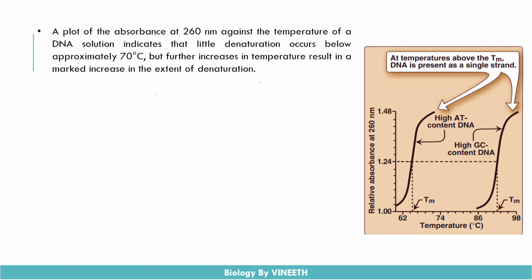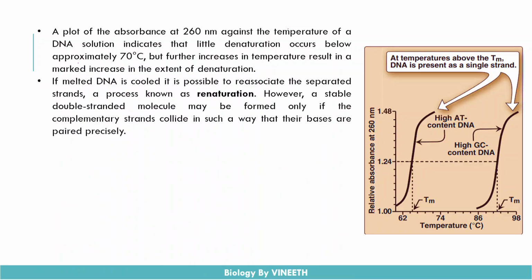When you unstack the purine bases and the pyrimidine bases, which contain the aromatic rings, these aromatic rings are much more exposed to the environment and they absorb much more light. That is what causes the absorbance to increase, resulting in the hyperchromic effect. Now when you plot an absorbance graph, absorbance at 260 nanometers against the temperature of a DNA solution,